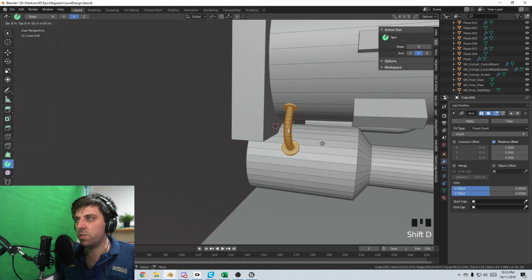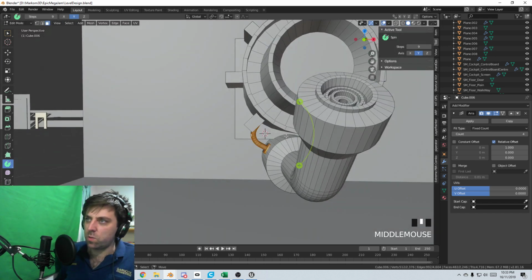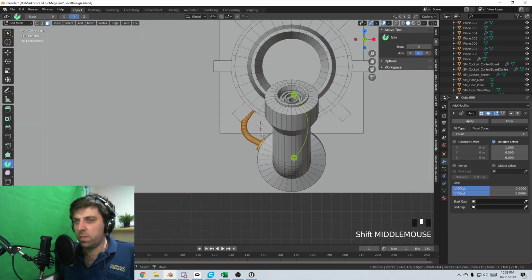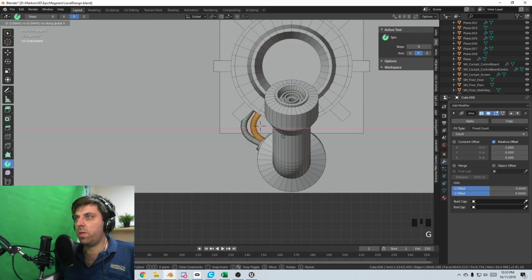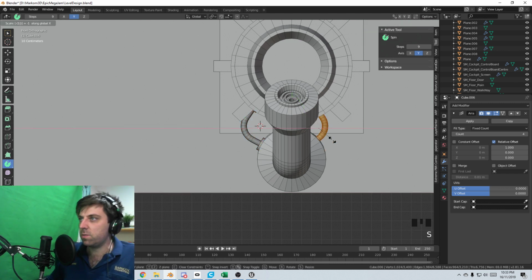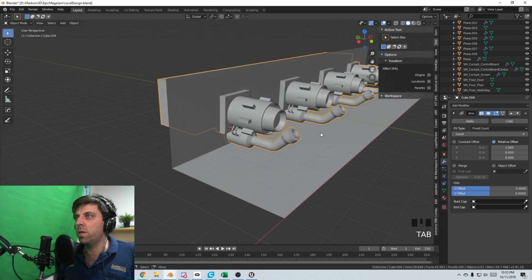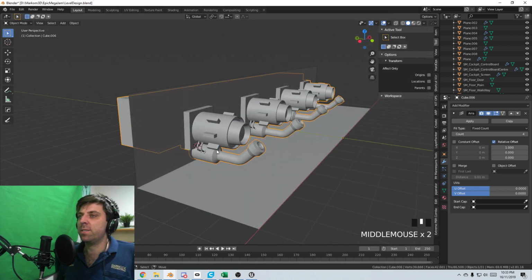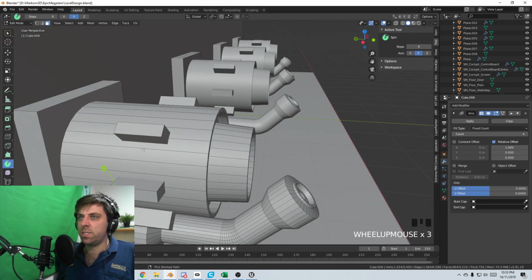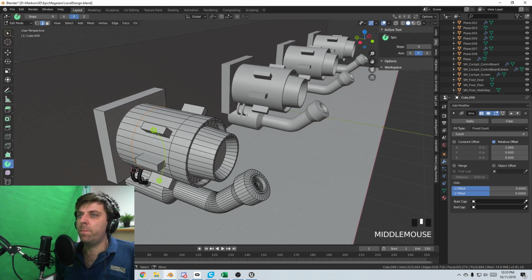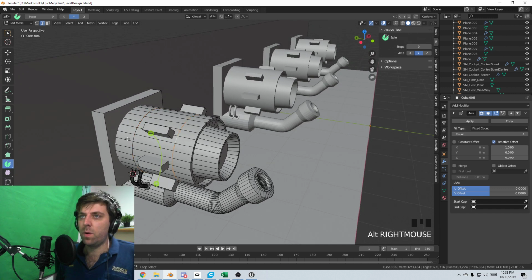Oh, look at that. Shift D, X, Y. Oh, that's gorgeous. I do like that pipe. Shift D, G, X, scale, X, minus 1. But I probably will come in. I think this might actually be a little bit too much, especially if it's going to be multiplying. But what I might do is just quickly put in some panels, I reckon. And that'll hide the bulk of the